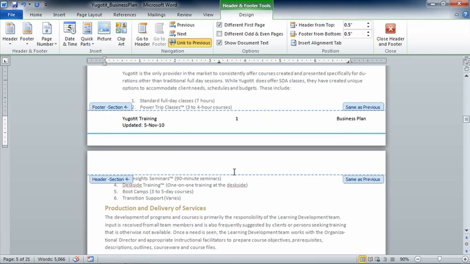And with that, we pretty much have our footer ready to go. So we've used the contextual tab, used a couple of things from the header and footer group, from the insert group. We've also talked about the position, and we know about close. We'll get to navigation and options in the next lesson. At this point, what we've been able to do is to create a simple footer that's going to help identify our document, who created it, when it was last updated, and also allow people to navigate quickly through the document by referring to